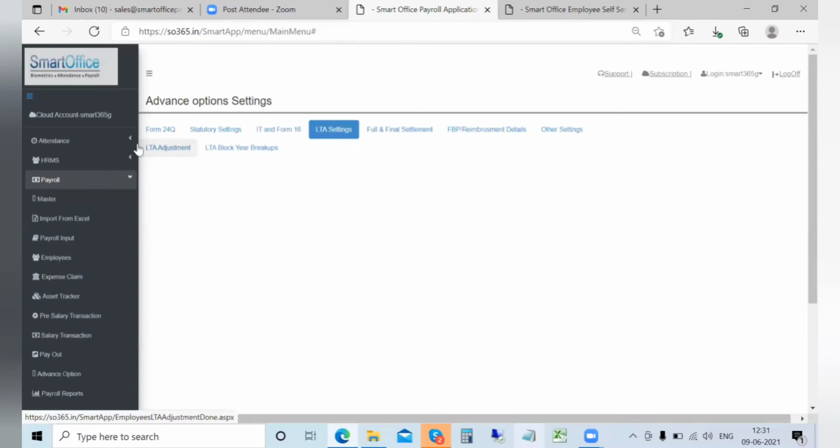LTA settings are available in case you want to do any adjustment or carry forward the LTA balances. This is available as a full-fledged setup. FNF, stopping of the salary or generation of the statement is available here. In terms of advanced options, this is what is available.